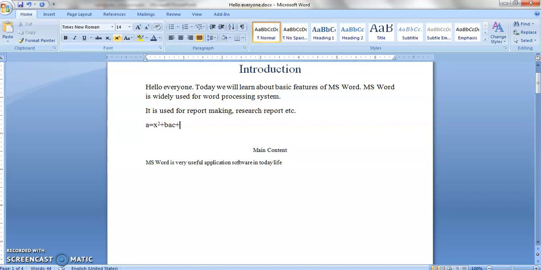So I will write log. Now the 2 will come in the below section, so I will select the subscript. That means it will create a small letter below the text line. So it is log 2, and again I have to select this one for the main line, and then I will write a. So this is again an advantage of superscript and subscript.